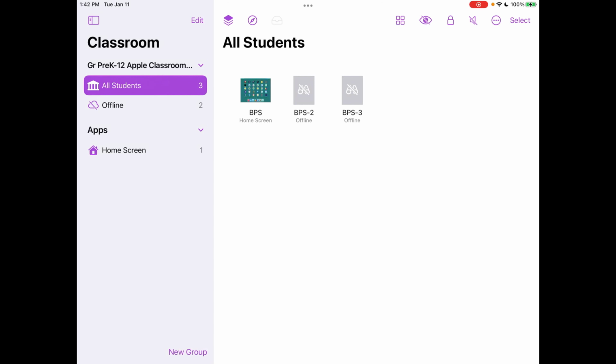We have Open, that looks like the stack of books, if you will. Navigate, that looks like the Safari icon or a compass. The 4 squares that you see there, that's a view of whether you're seeing thumbnails. I'll give it a tap. Or if you're just seeing in words where your student is without a screen view. The eye allows us to hide apps for students. The lock allows us to lock and unlock